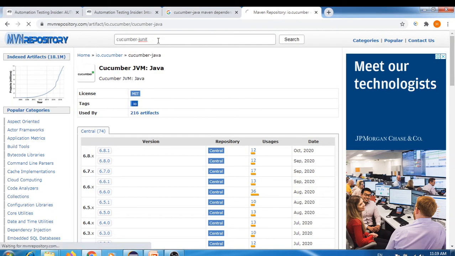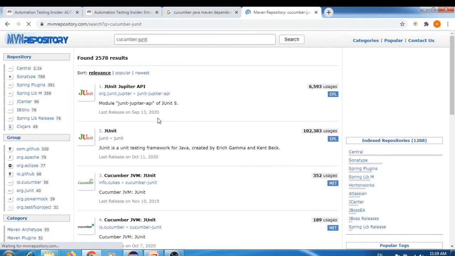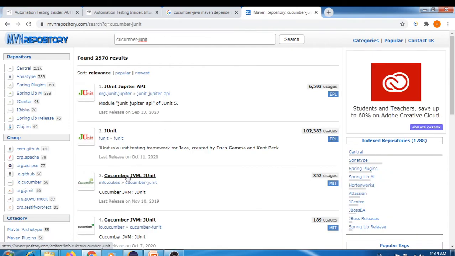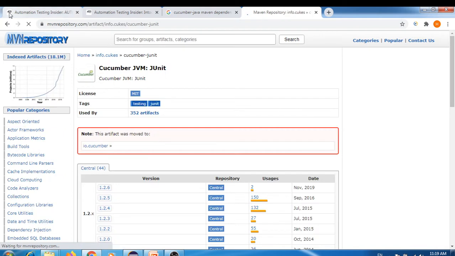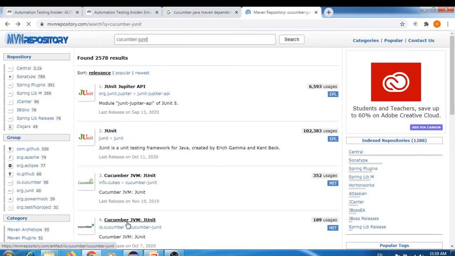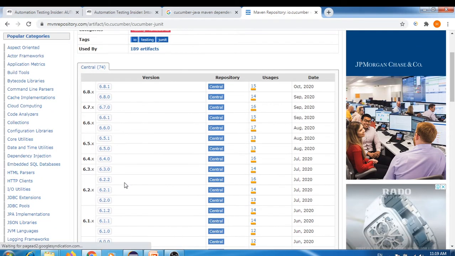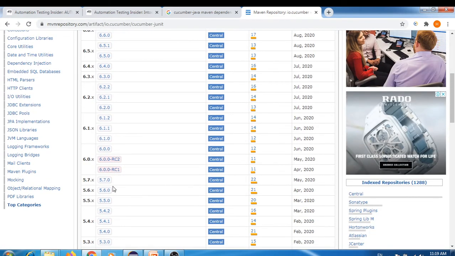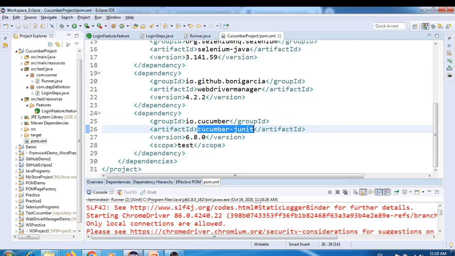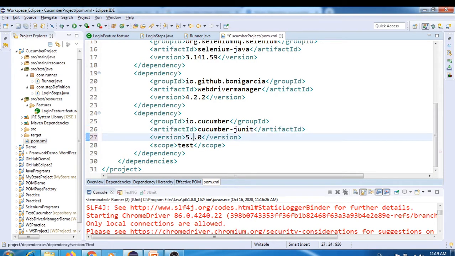So let me search again, Cucumber JVM JUnit. Sorry, we have to go to this one, Cucumber JVM JUnit io.cucumber, and here you can see. So we should have the same version 5.7.0. So I'll update over here as well, 5.7.0. Now do Control S,